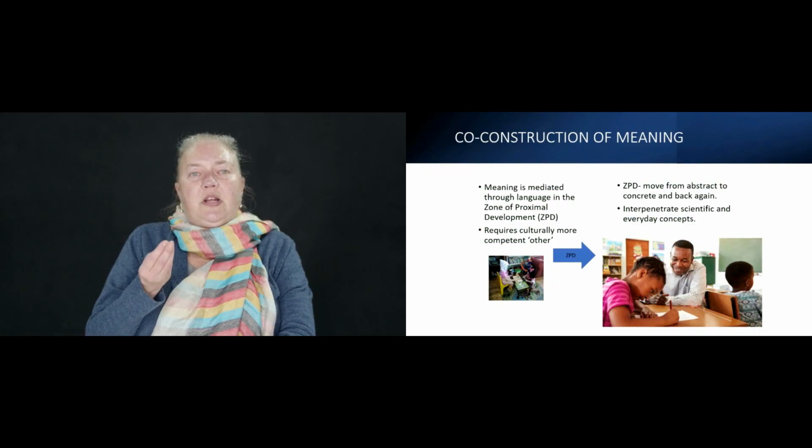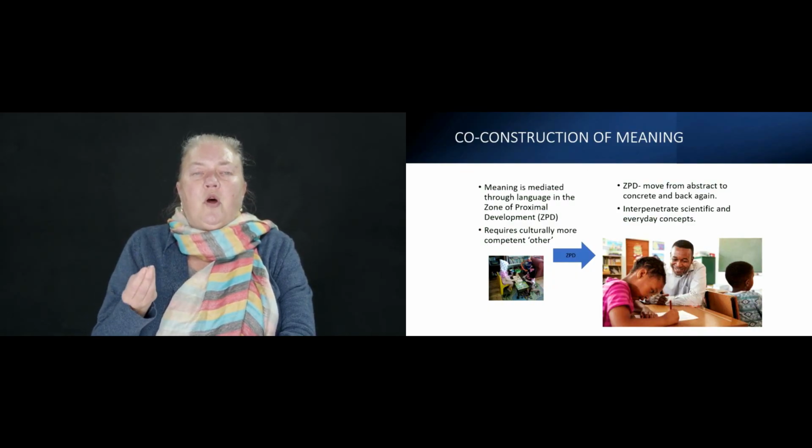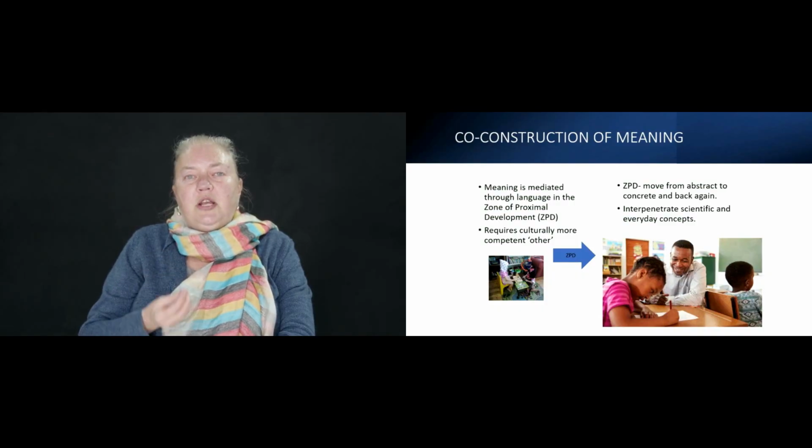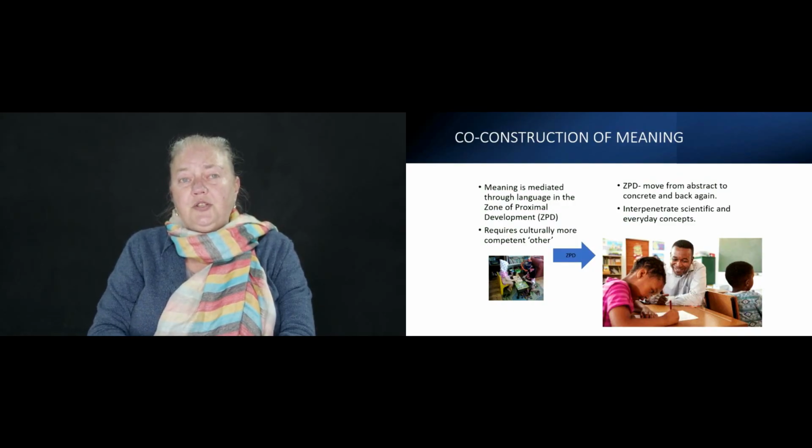The zone of proximal development is the zone of their potential to learn from another competent other. When I say a competent other, I'm talking about someone who has more knowledge in that field than the child currently does. The zone of proximal development is very poorly understood in education.